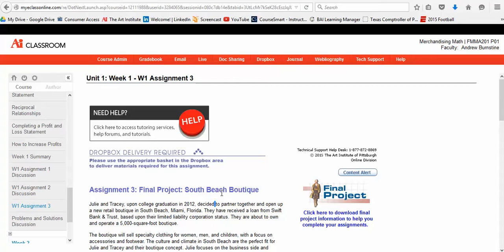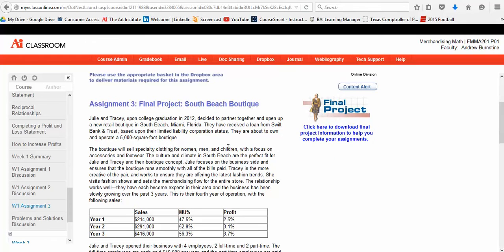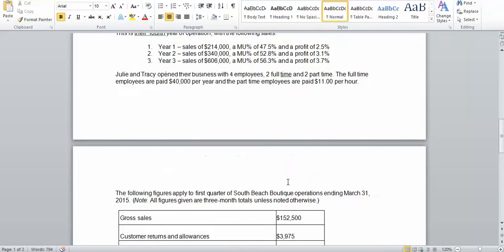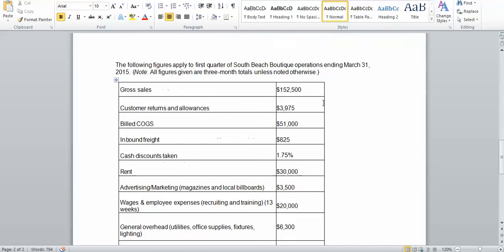So we're going to be working with quarters. Again, when we work with quarters, it's going to be 3 months. So in this particular scenario, we have South Beach Boutique. We're going to click on here, and we're going to use this for the class, information for the class, and especially for this assignment, South Beach Boutique overview. Read this over a couple of times. I'm going to use this information for week 1,